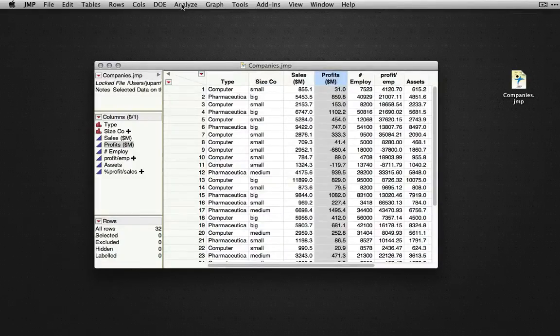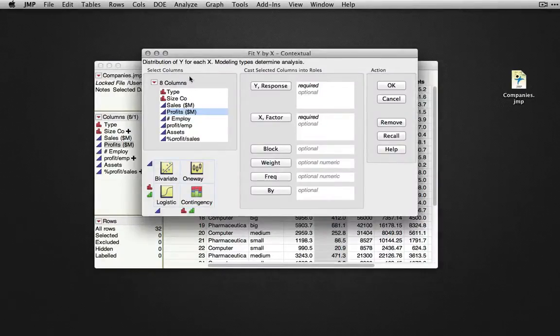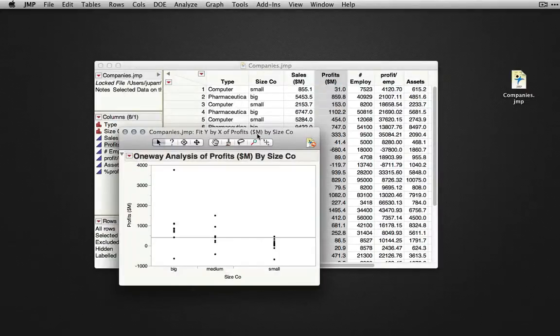To start this analysis, we're going to use Analyze, Fit Y by X, and we're going to cast these columns of interest into their appropriate roles. Profits here is our outcome variable, our Y, and size of company is our X. Notice we can also enter this into a role by dragging it. I'm going to hit OK, and JMP will produce the standard output showing the observations for big, medium, and small-sized